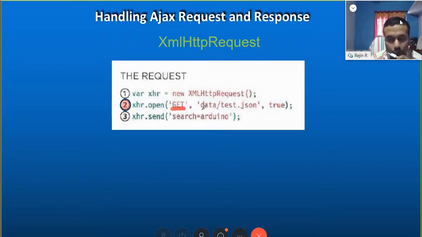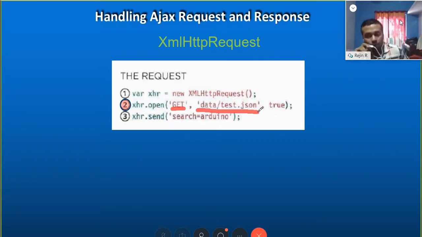Then this is the website's path or file's path to which we are making that request. You have seen this while submitting a form. While submitting a form, you can specify a method and action. In that action part, you represent the URL where that action needs to be submitted. It's similar here: this represents to which particular page this request needs to be submitted.